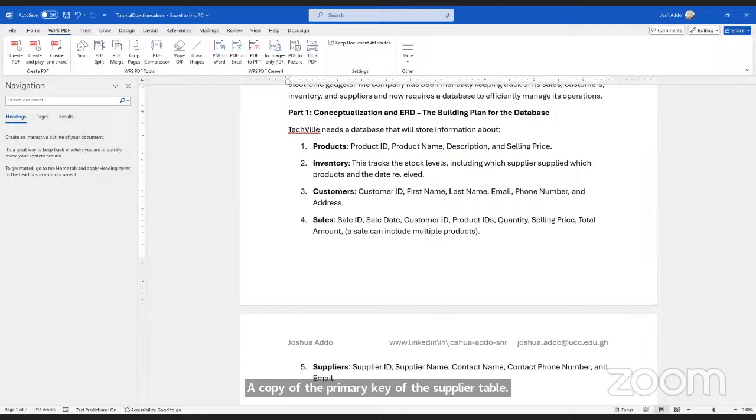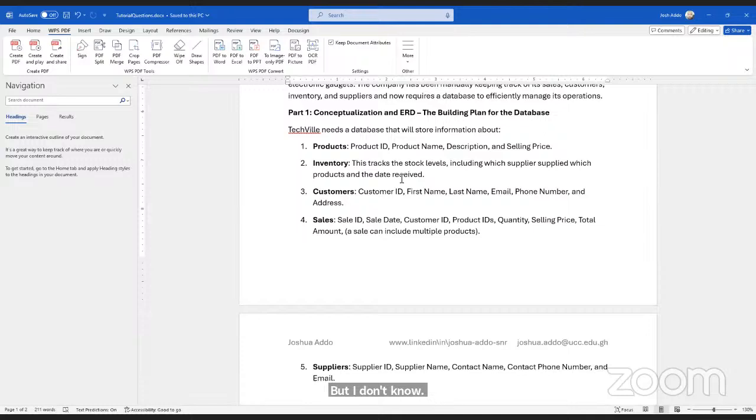Then we will want to know, okay, well, these are the items represented by the product ID. This is the supplier represented by the supplier ID. This is, let's say, the transaction date or the purchase date. You need to get that information. Date is very important for you to check even the inventory management, the efficiency with which things are done. So purchase date will be there in the inventory table.